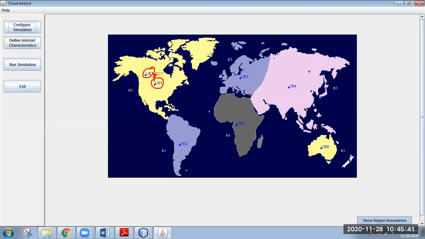So all the user requests will reach the nearest data center. For example, let me assume that there is a data center here that I call DC2. So this user base will see whether data center 1 is near or data center 2 is near. Whichever is closest, that data center it will pick for its execution. Very simple algorithm, that is closest data center. Which data center is close to you, you have to identify. That data center which is close to you, you are going to execute the application in that data center.